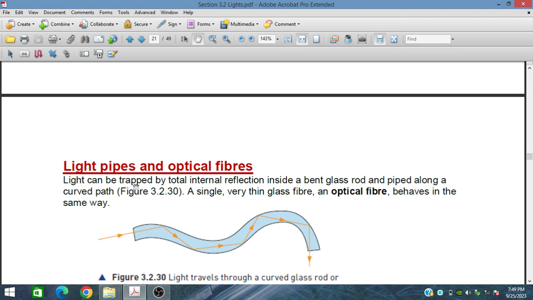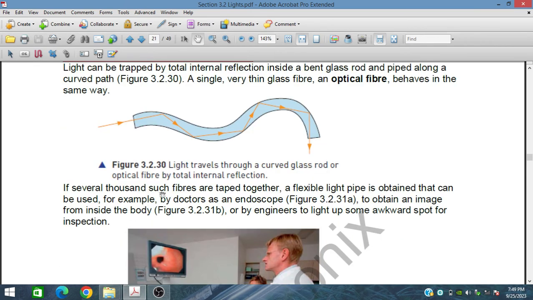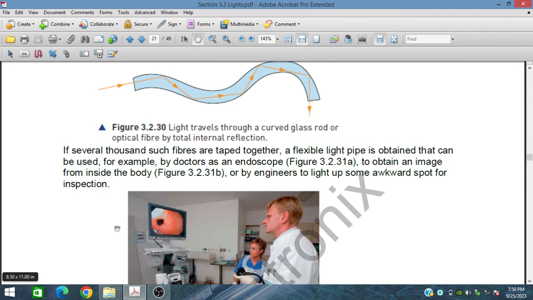In light pipes and optical fibers, light can be trapped by total internal reflection. This is the way the total internal reflection occurs, and light is piped along a curved path. A single very thin glass fiber, an optical fiber, behaves in the same way. If several thousand such fibers are taped together, a flexible light pipe is obtained that can be used, for example, by doctors as an endoscope to obtain an image from inside the body, or by an engineer to inspect some awkward spot. So this is